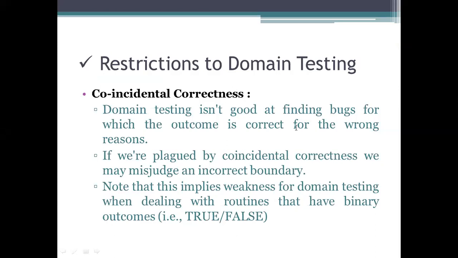What it is, why it is happening, how it is being processed. The answer is that we are giving the boundary incorrectly, or we are specifying some values to be missed in that one, or sometimes we are adding additional values to that domain which are not accurate. So that comes under coincidental correctness.